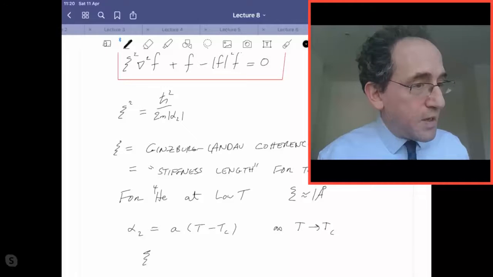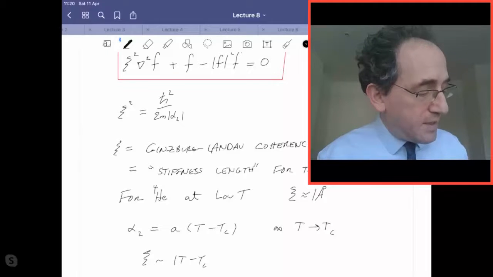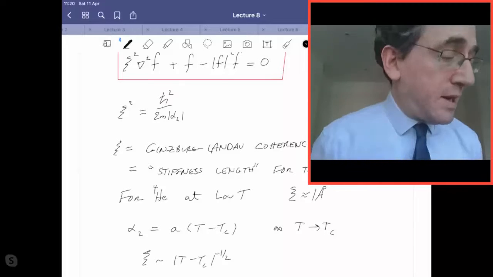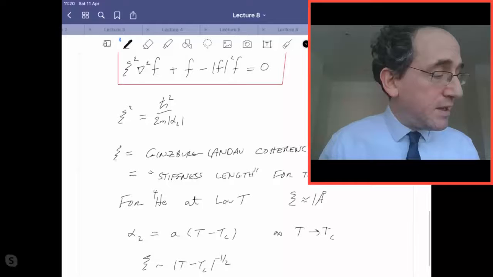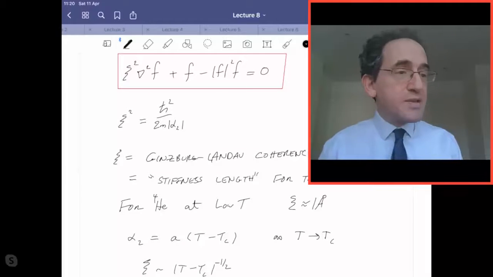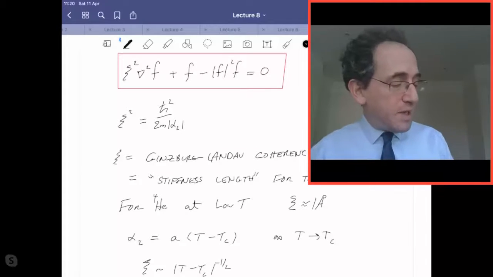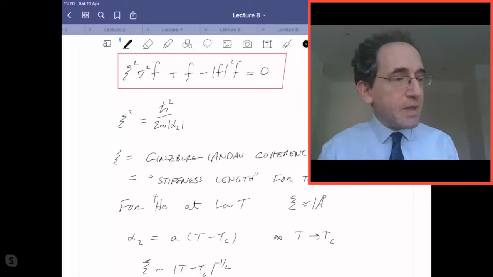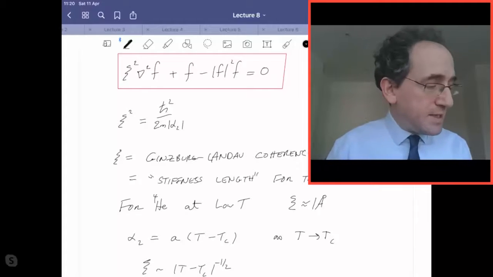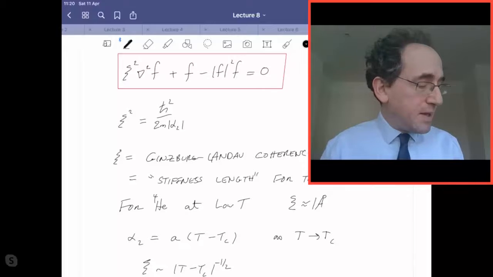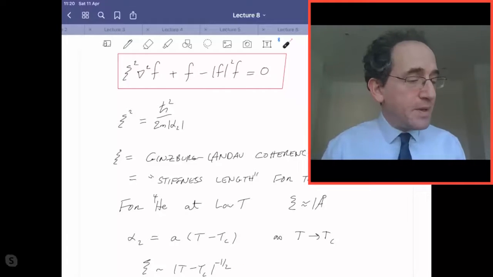Psi goes as T minus Tc to the minus 1/2. Okay, even though the coherence length is very short, as you get close to the critical temperature, it will diverge. At least it grows this way, at least in Ginzburg-Landau theory. Okay,